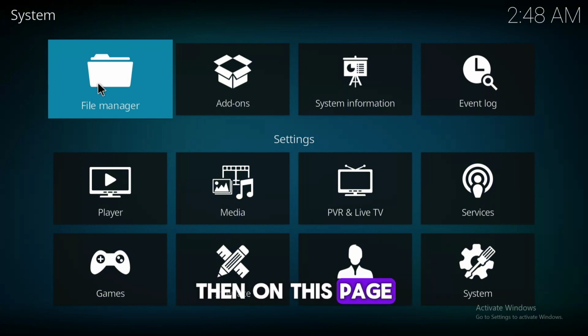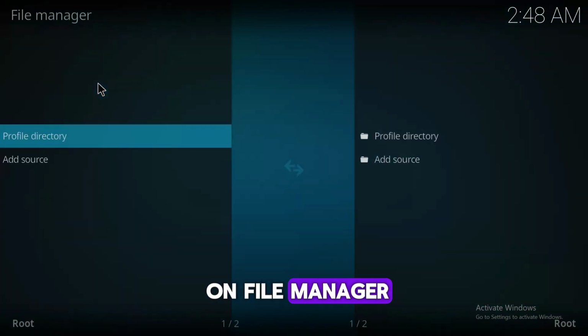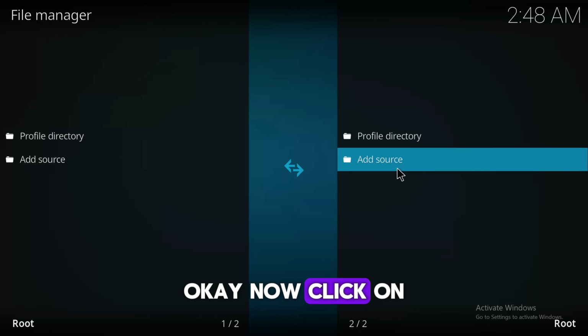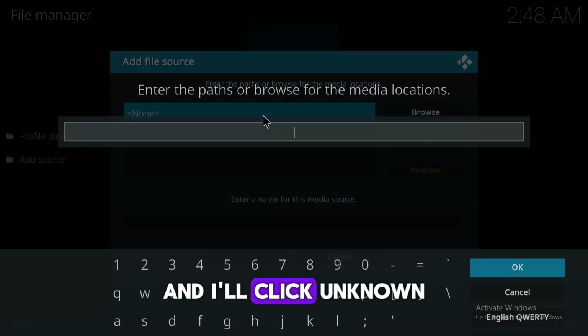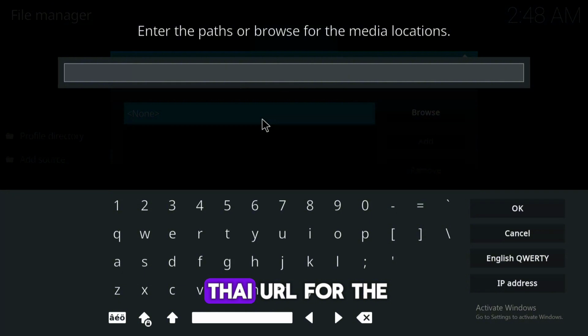Then on this page I'm going to click on file manager. Okay, and I'll click on add source, and I'll click on none. So I'm going to enter a URL for the Red Wizard build. So this is the address, https